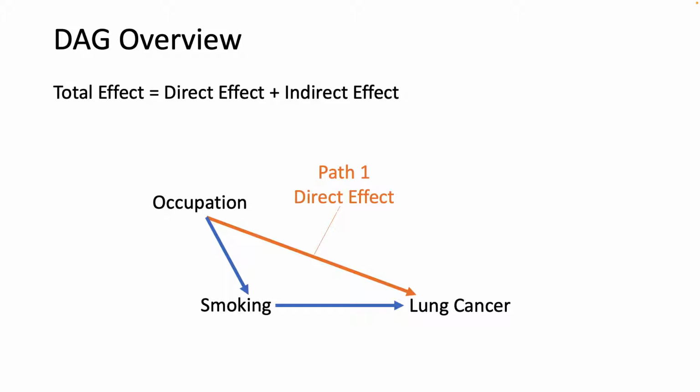And there are direct and indirect paths. Occupation here has both a direct and indirect path to lung cancer, or outcome. Its direct path to lung cancer might be if you're exposed to fumes in your occupation, and that might cause lung cancer. And as I alluded to earlier, a DAG can be useful in identifying intermediate outcomes where it might not have been as obvious to you at first how many things come in between this, such as